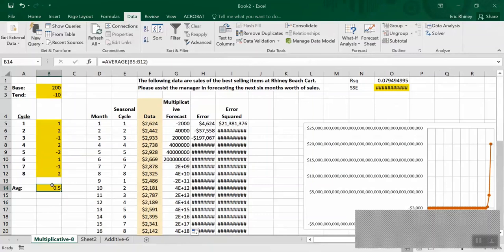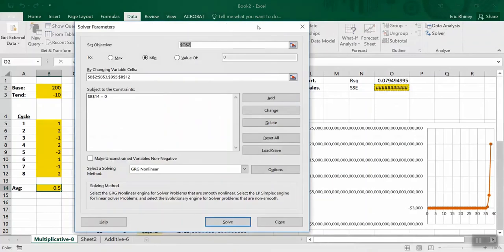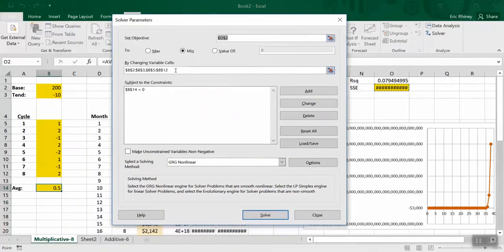So how do we get this to not have an impact? What do we multiply in order not to have an impact? Well, 1. If we have this average 1, multiply this times this, 1 times whatever, then we don't have an impact. So now in Solver, we have the seasonality to be 1. All right, so we're going to go back in Solver. We're going to set everything up the way it was before, and you can see here it's already in there